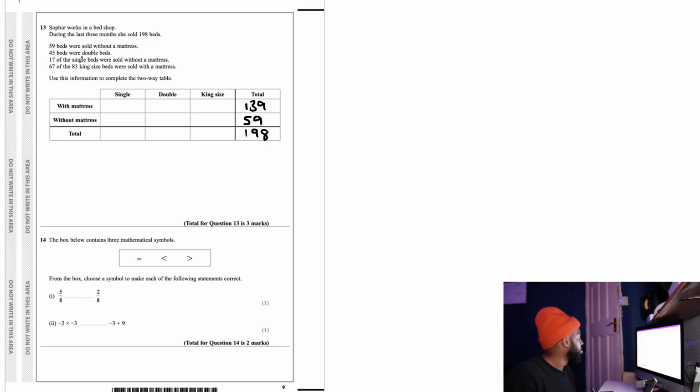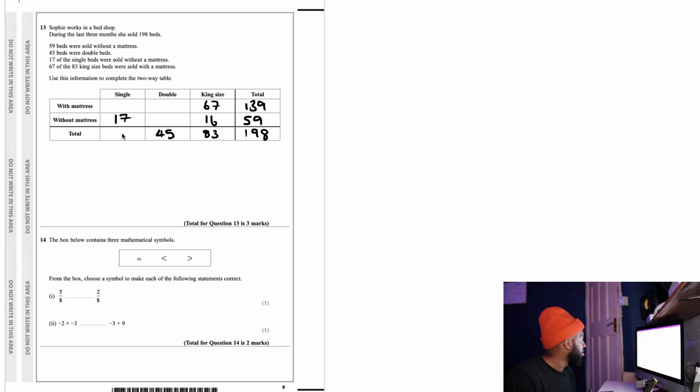45 of the beds were double beds. So we know that 45 goes here. 17 of the single beds were sold without a mattress. So 17 single without a mattress. There we go. 67 of the 83 king size beds were sold with a mattress. So 67 of the 83 was sold with a mattress, which then leaves 16 for us here, which means we can also